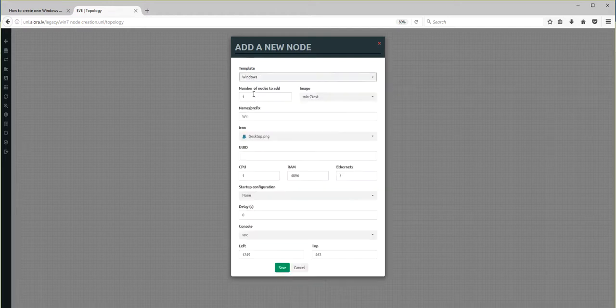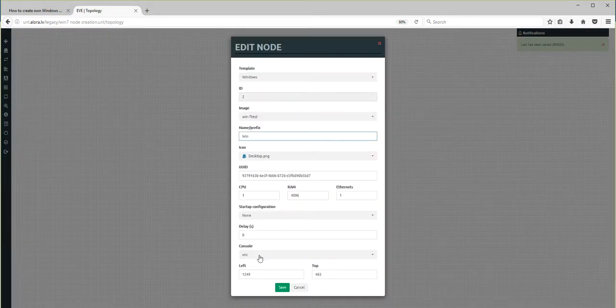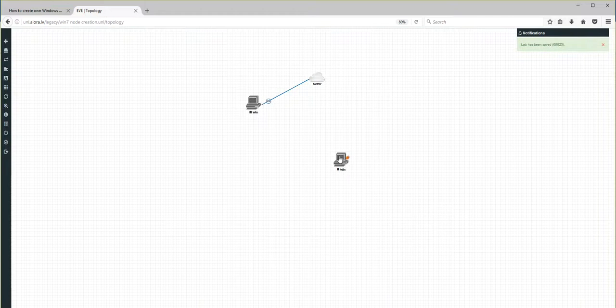Windows, we just created a Windows test. Okay, so I'm leaving the RAM at 4 now only. Okay, and save, and let's start. That's interesting. By default, this console is VNC, but I'm going to change it to RDP now. Okay, and I'm starting my node. And let's wait. RDP will only work when the node is fully booted. So I'm going to wait some 3 or 4 minutes, and I'll be back when it works.